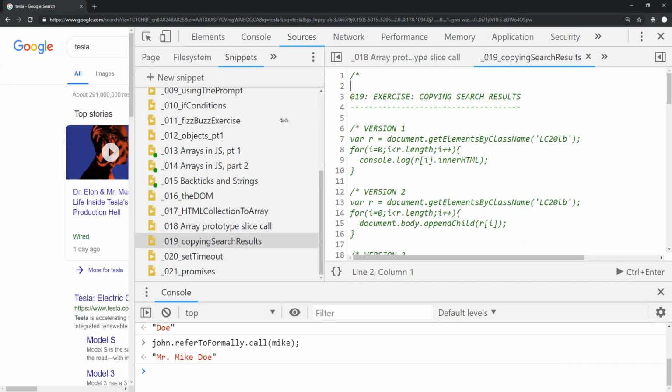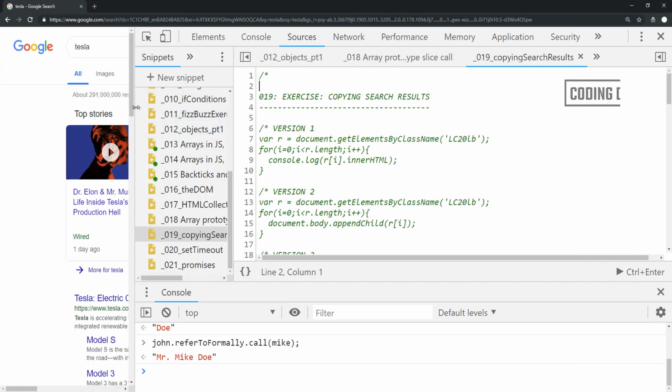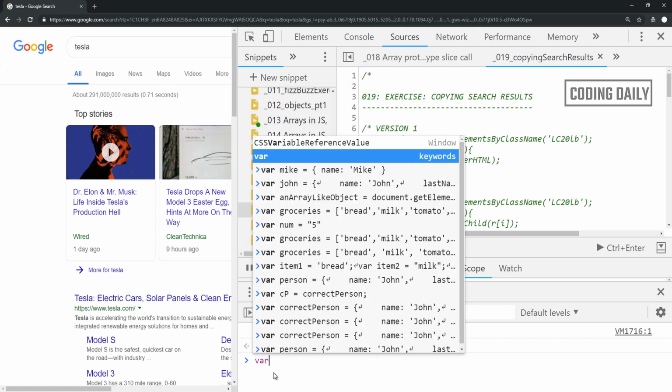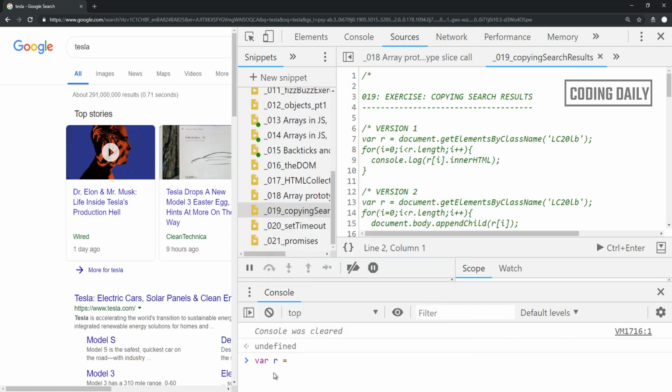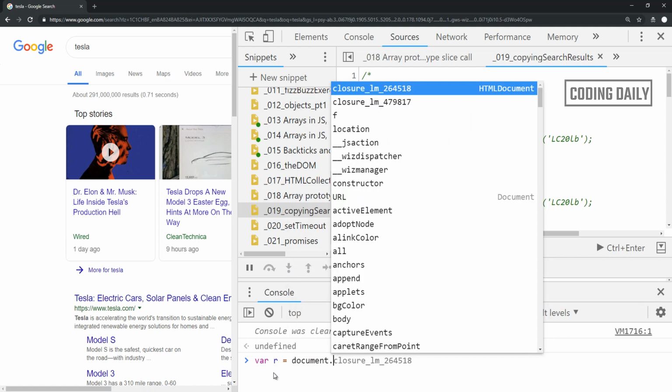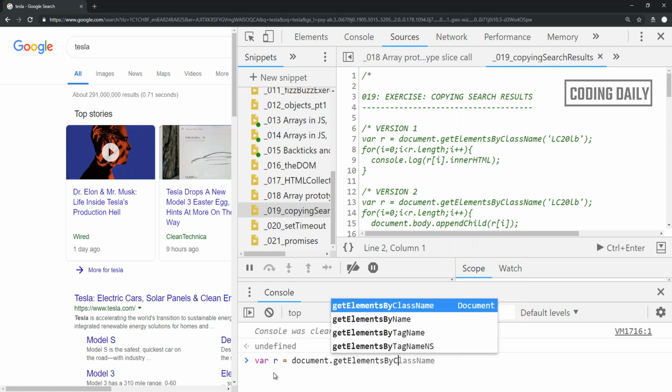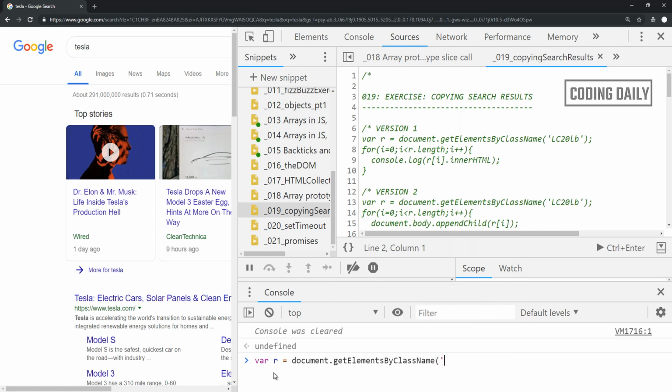In this exercise, what we want to do is take all the results from here and have them printed to the screen so it's easy to copy them. In order to do that, we will have several versions, and we'll start with a simple version where we'll say var r, where r stands for result, and we'll say document.getElementsByClassName, and we'll use the class name of